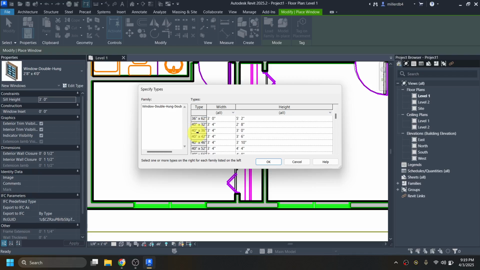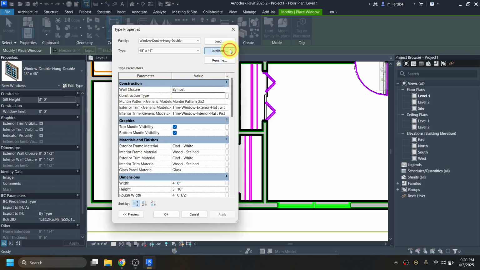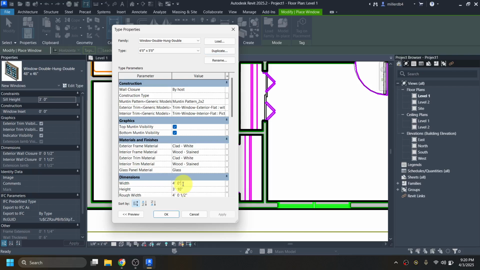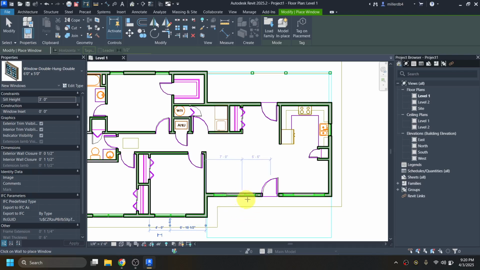Size-wise, we're looking for 6 feet wide by 5 foot tall, which doesn't exist, but we can pick something, load it in, and then once it's loaded, we can go into edit type, duplicate it, and make it 6 foot wide by 5 foot tall. Okay, and then change its width and its height. Here and one here. I'm just going to kind of rough them in. And then we got two windows here,